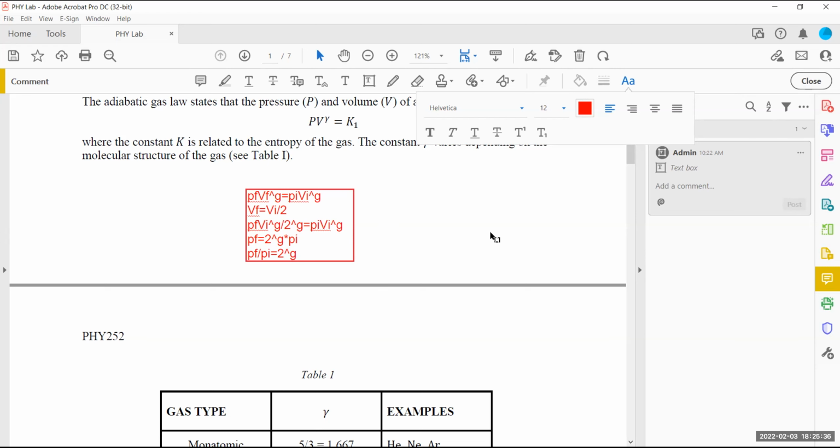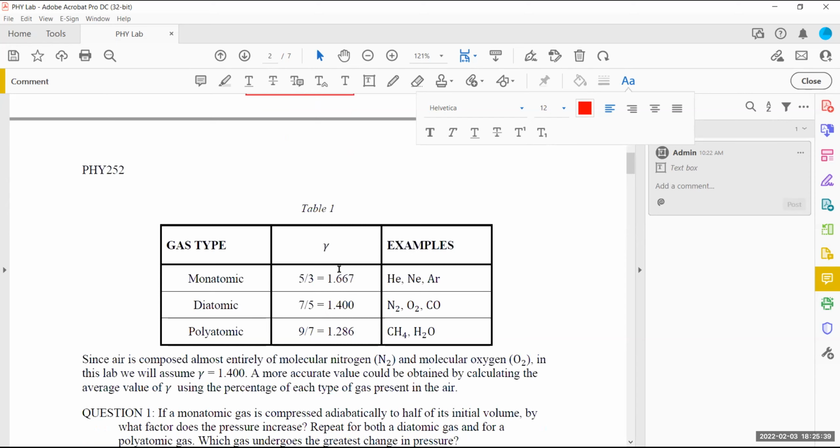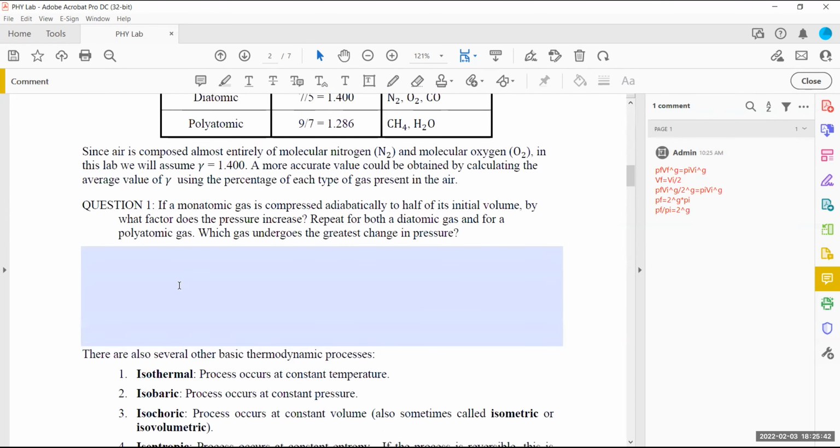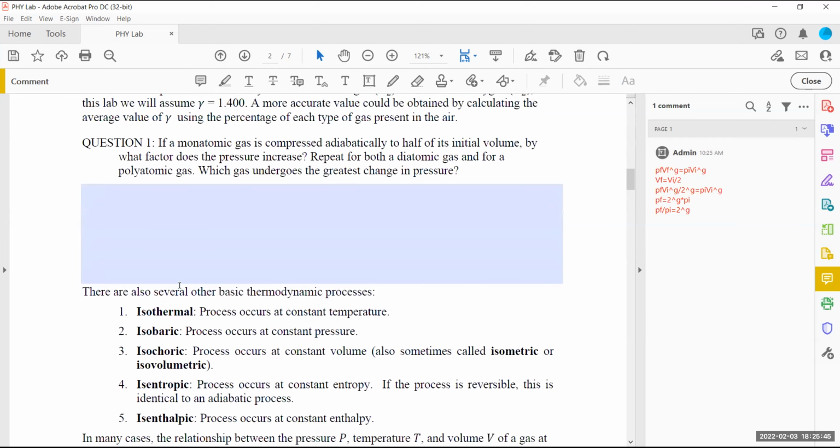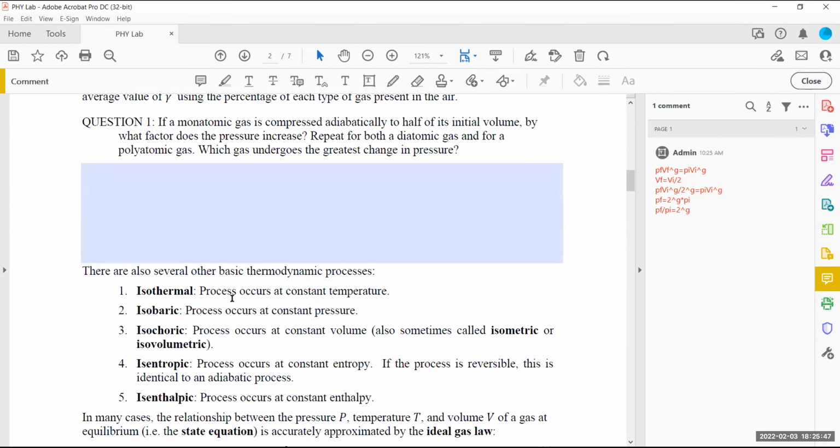Yes, now it does. Okay, so it's really using that expression and subbing the values of gamma in here and telling me which one has the highest increase. Okay, now it's defining these processes. Isothermal process, that's where the temperature doesn't change. Isobaric process, that's where the pressure does not change. Isochoric process, that's where there are no changes in volume. It's called an isometric process because the length, basically, the meters, don't change. But that's the volume, really. Length times length times length, or sometimes called an isovolumetric process.